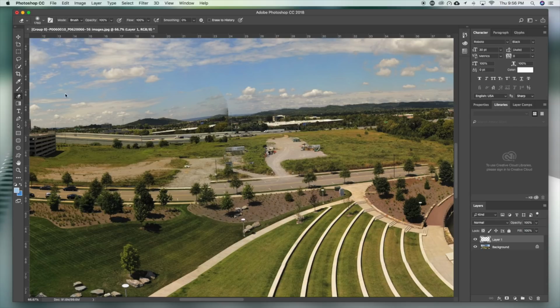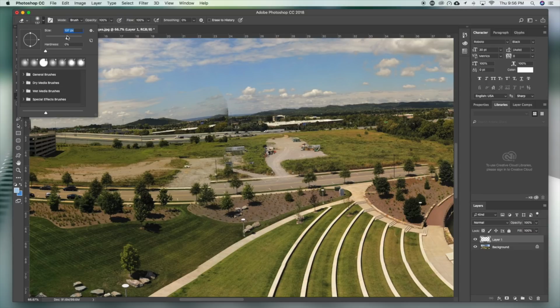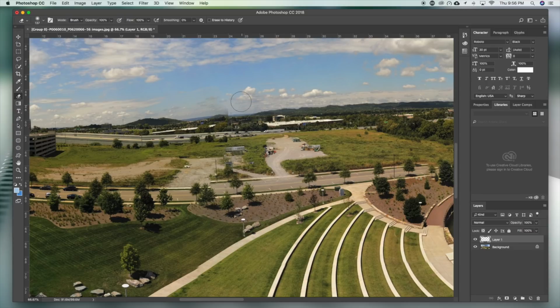Alright, and then we're going to take an eraser, put it down about there. We're just going to blend that. Alright guys, so that fixed that pretty good. And what we're going to do is we're going to merge down. So that is now part of this